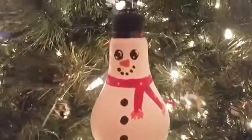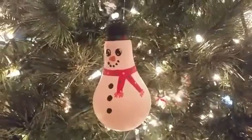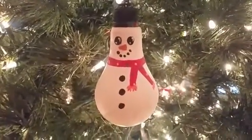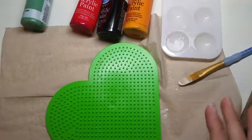Here he is, proudly hanging on the Christmas tree. Super cute, just looks like he's floating there because of the fishing line. Can't really see it. I'm really proud of how he came out. He's super cute. The next craft, and I'm just gonna do it with this messy space,